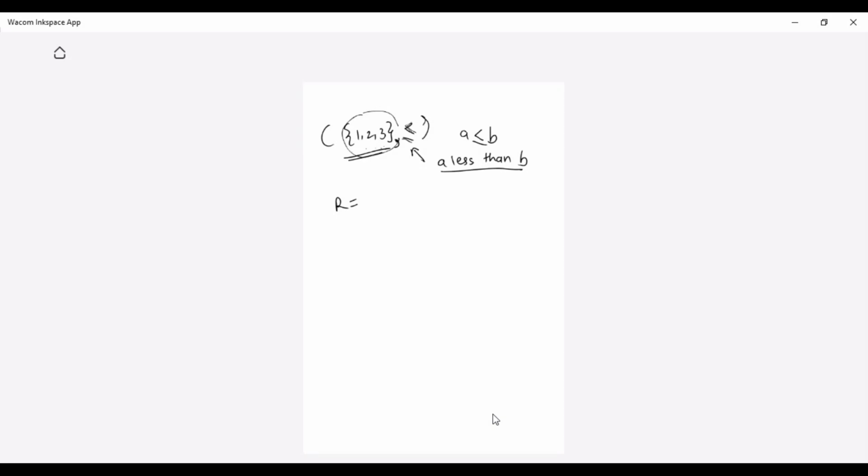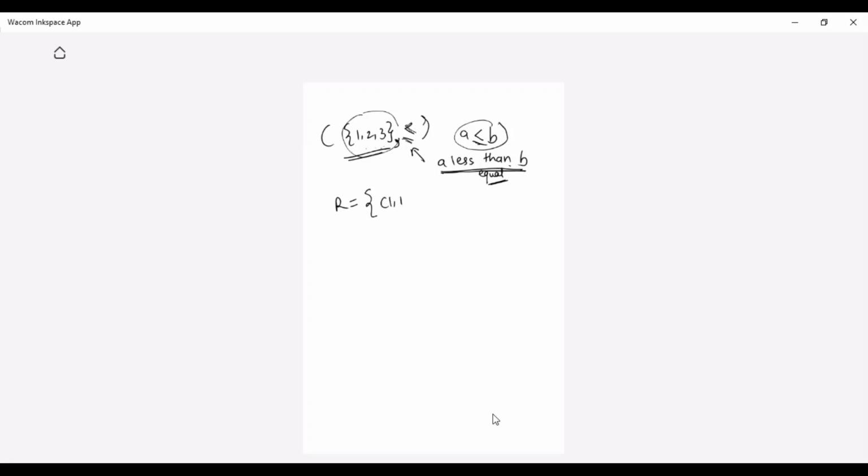Poset, how we are representing less than or equal to. And the relation is A less than B. A less than B is a relation. So how do I get R for this? Just check it out, 1 to 1. A less than or equal to B. Not only less than, it is equal to B. Okay, so less than and equal to B.